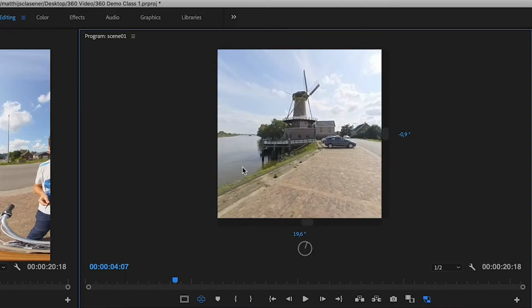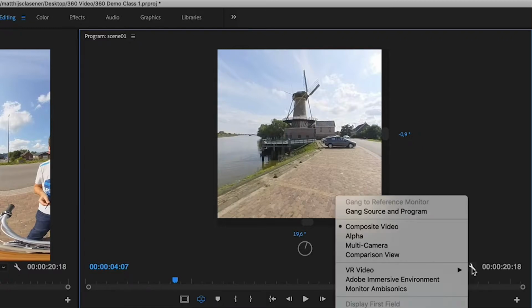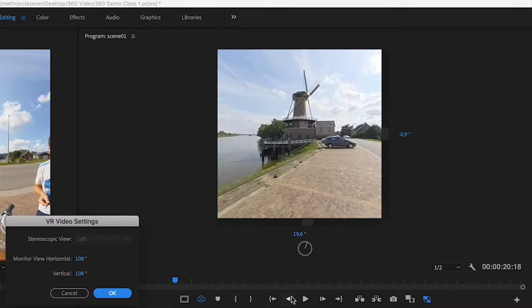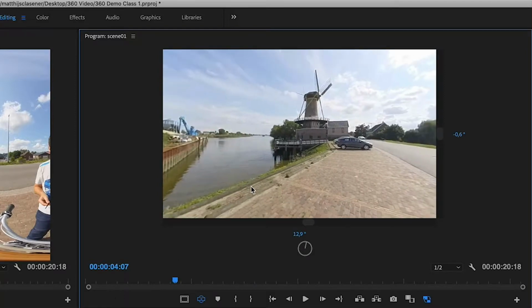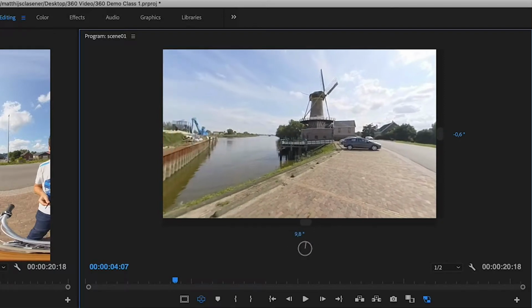But the view of this little viewport is very little actually. So I want to make a little bit wider view. So I go into the settings, search for VR video, and then hit settings, and just increase the amount of degrees horizontally, and that will give me a nice 16:9 like aspect ratio, which is more like I expect it to be. Please be aware of always set those numbers back to 0 again, because that's the default